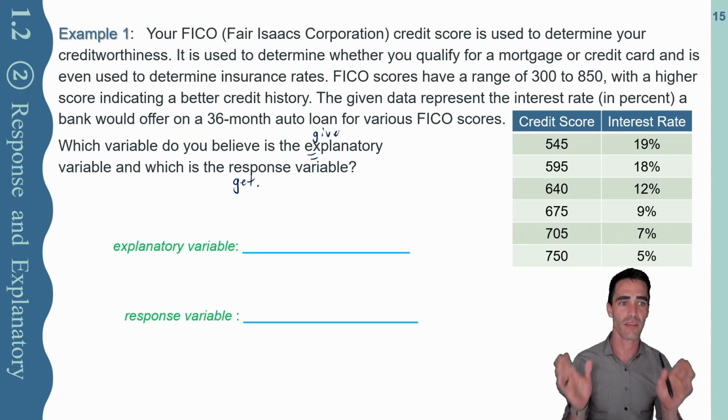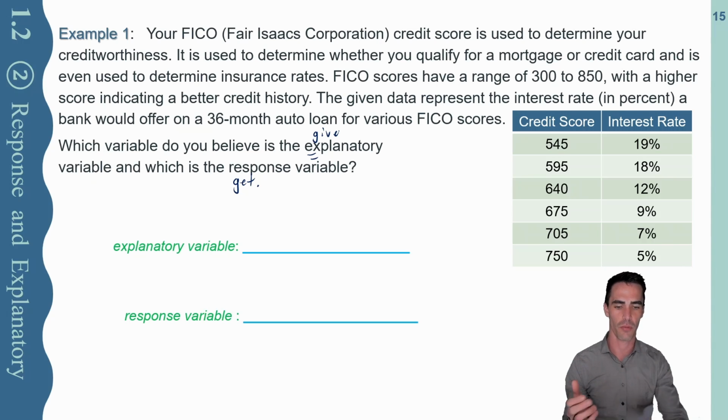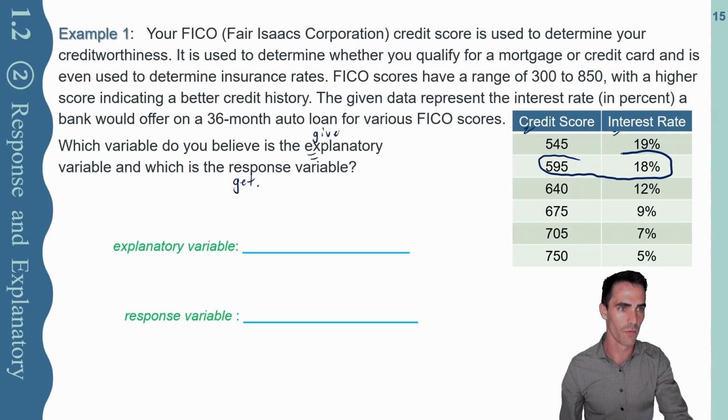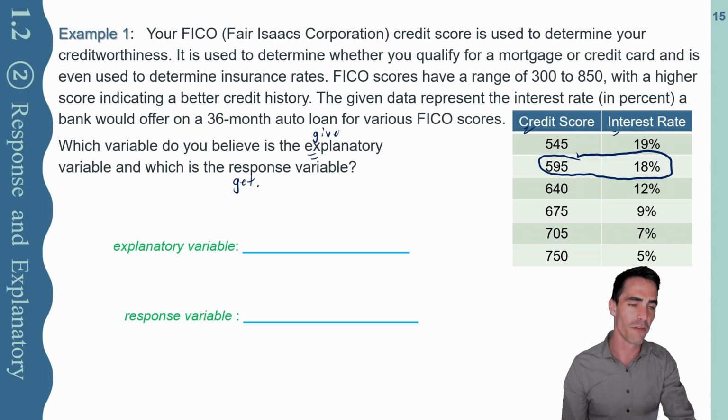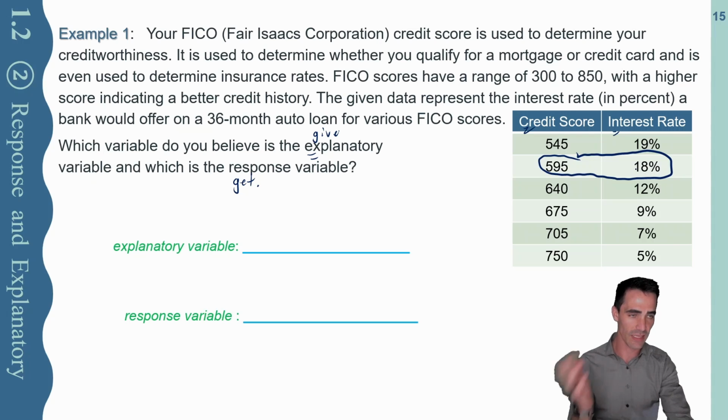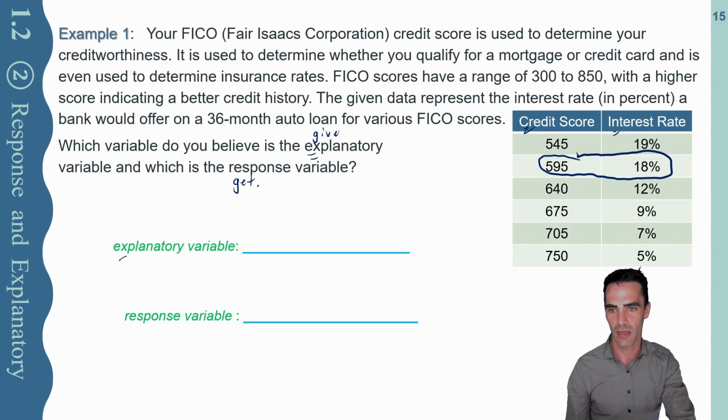And even from a bank standpoint or from a customer standpoint, we have these credit scores and these interest rates. It's like I have this pairing together, an ordered pair, we'll use that term later, but 595, and then I get as a response that 18% interest rate. And so to that end, explanatory, what explains the other, credit score